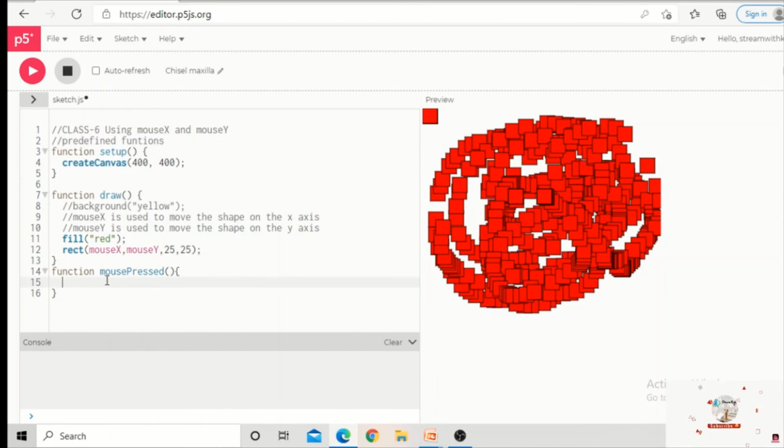Now, my task is, if the user clicks on the mouse, I want to change the background color. So I will write it in the form of a comment. If user presses the mouse, the background color to be turned into green color.